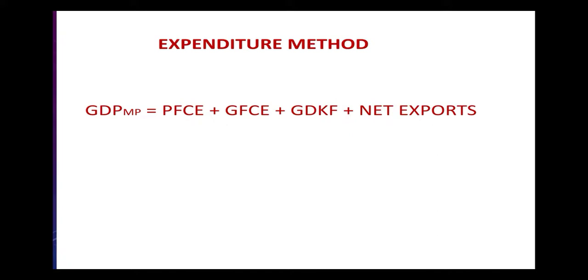The third component is gross domestic capital formation. It means how much total capital formation is formed in one accounting year. And the fourth one is the net exports. Net exports we will measure from exports minus imports, and net exports means how much we are trading with other countries, how much exports are there, and we will subtract imports from there. It will become the net exports.